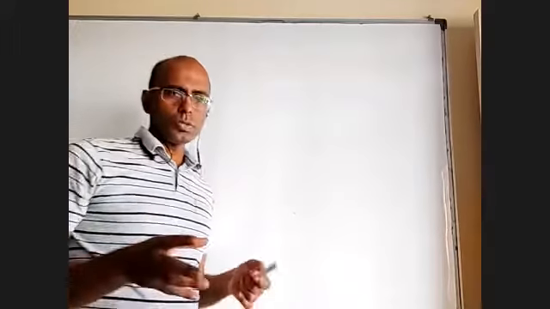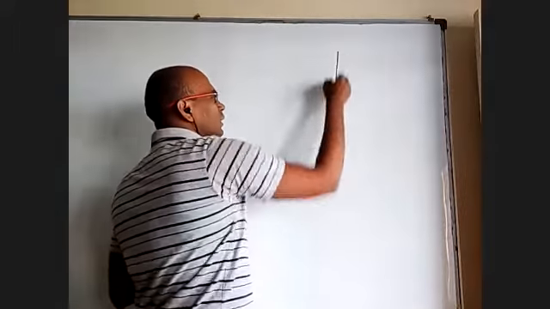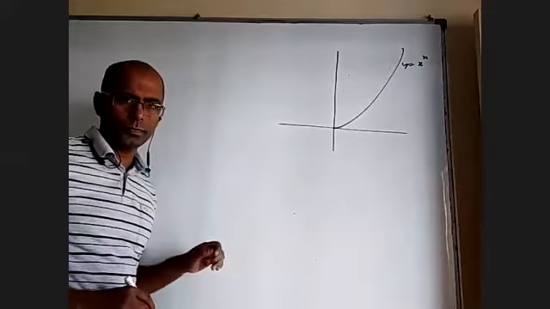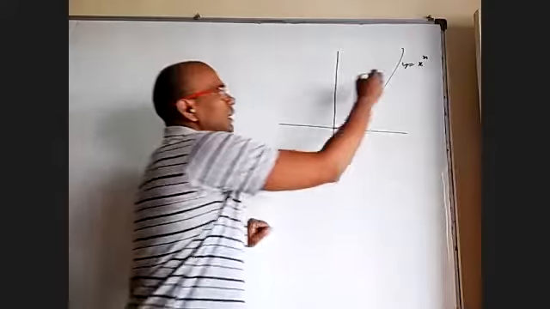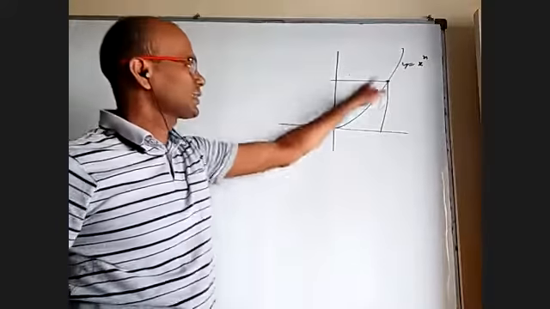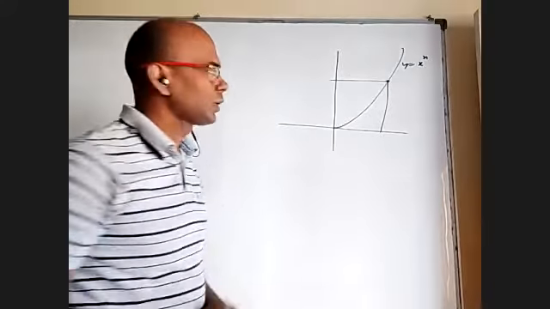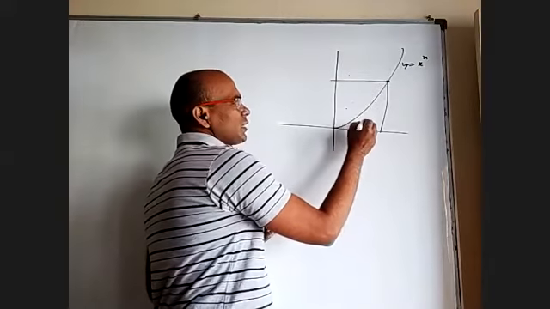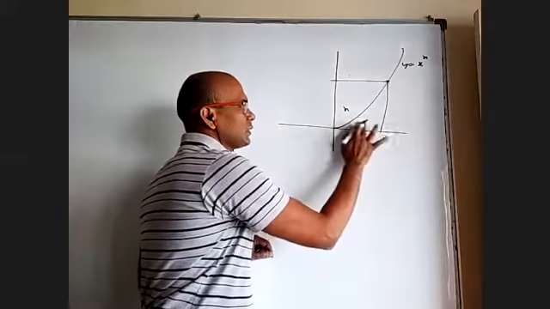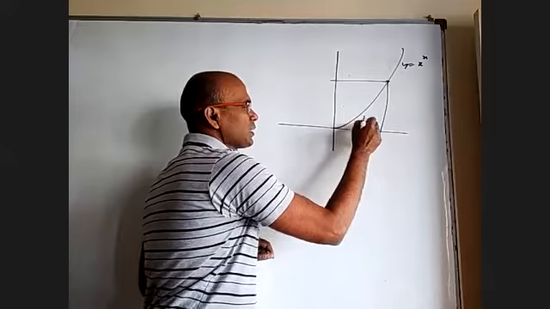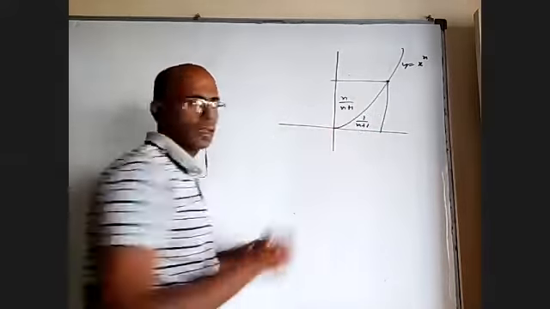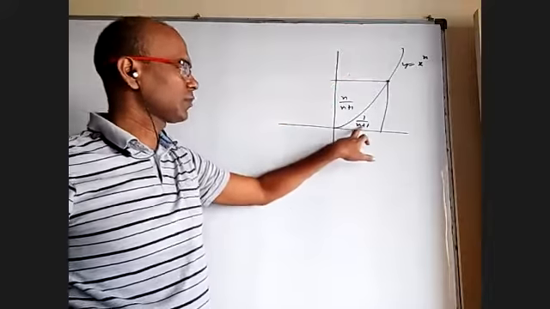First, I'll tell you the general rule and then come back to the parabola. If you take any y equal to x power n graph, only in the first quadrant I'm taking. Take any point on that, draw one horizontal line, one vertical line. This rectangle will have some area, right? This area is to this area is always 1 is to n. That means this area will be 1 by n plus 1 times the total area, and this area will be n by n plus 1 times the rectangle area. You find the rectangle area, this will be 1 by n plus 1 of that.